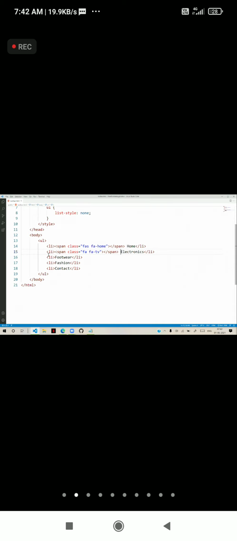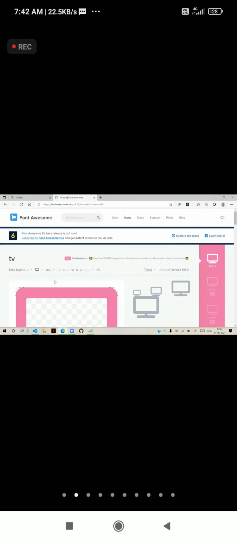So here I am writing now, span, in the span we have class and we have FA and FA shoe prints. So you can see that FA shoe prints will give you that symbol.